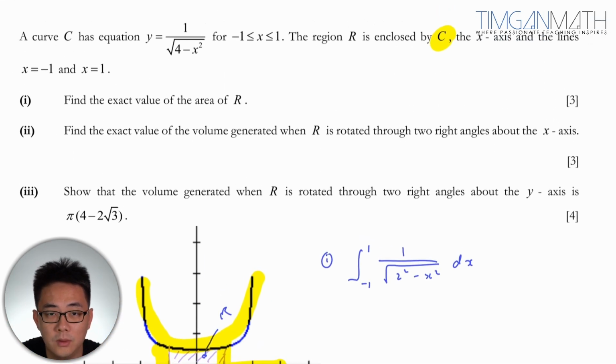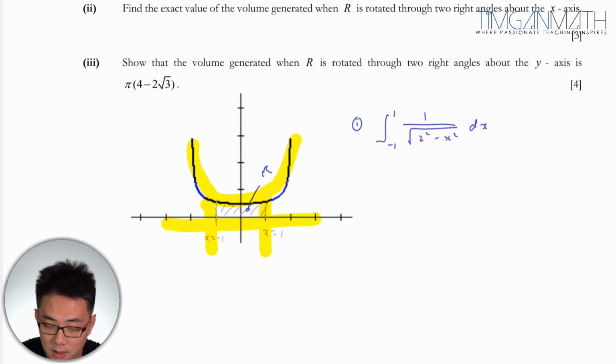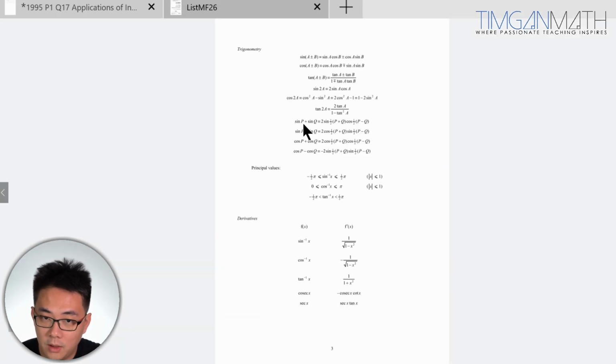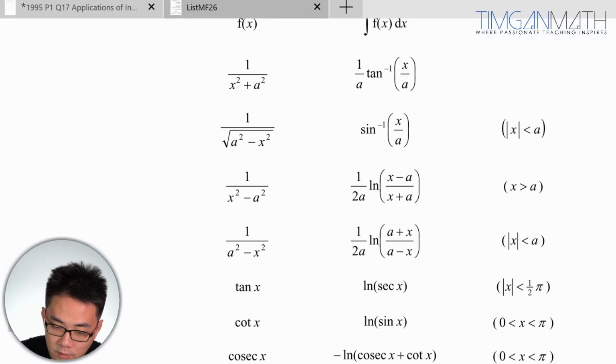After which you're just going to use the MF26 to find the value there. So bring out MF26 and you will find